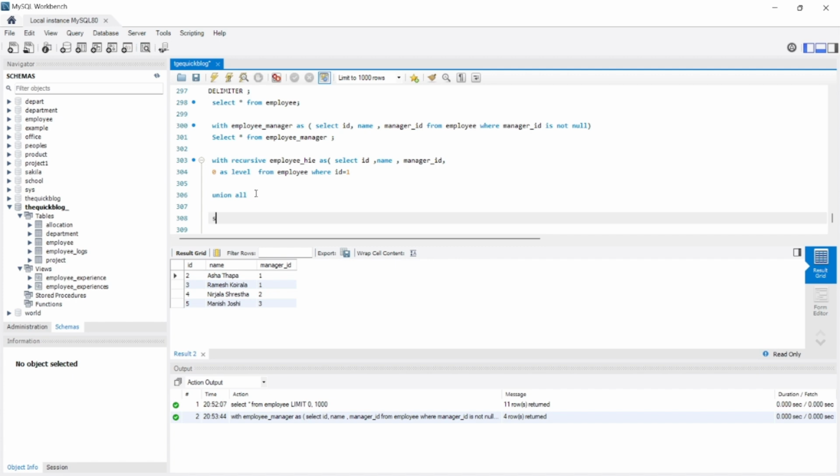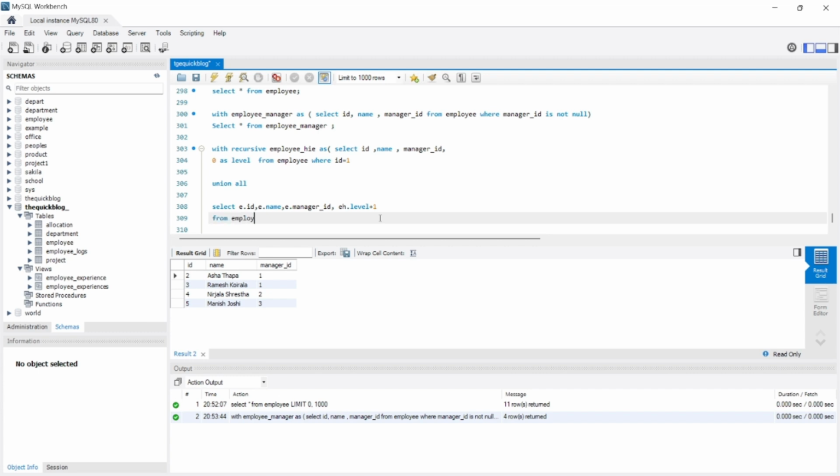And here also we will be selecting e.id. Okay, this e refers to the employee table, and we will define that e later on in our query, so nothing to worry about that. Then e.manager_id, and then we will have eh.level plus 1. Okay, you might also get confused about what eh is. That eh refers to employee hierarchy, and we will also define that later on. So